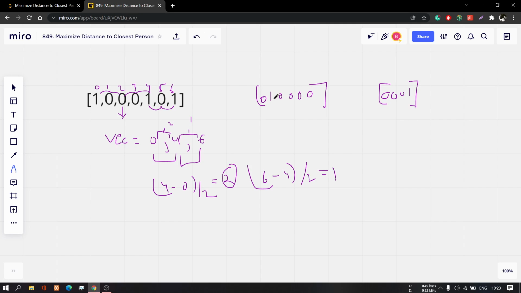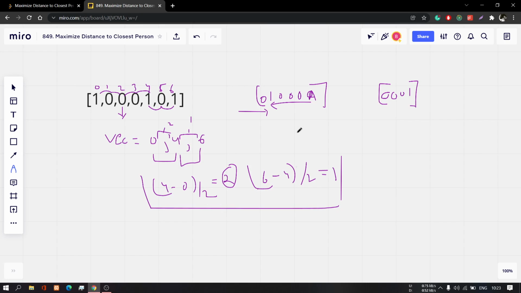If you try out this code, it will not execute because we have to take two elements, and here you have only one element. So for one element you have to check the distance from right to left and from left to right also. If I say here the distance is 1 2 3 4, so if I place Alex here, my distance will be 4, so I have to return 4.